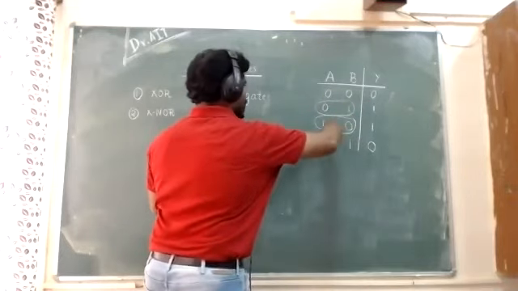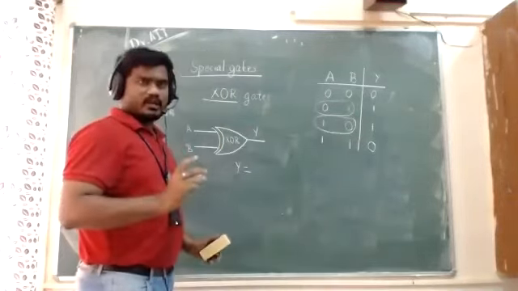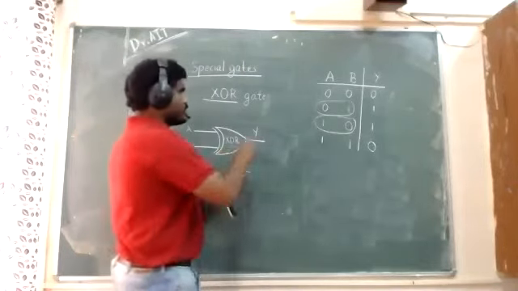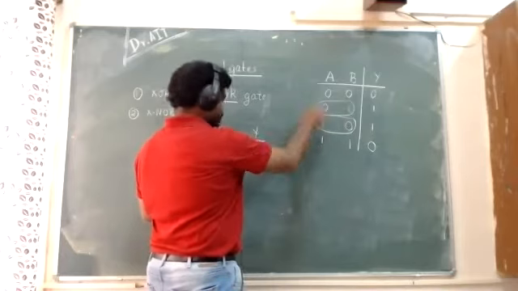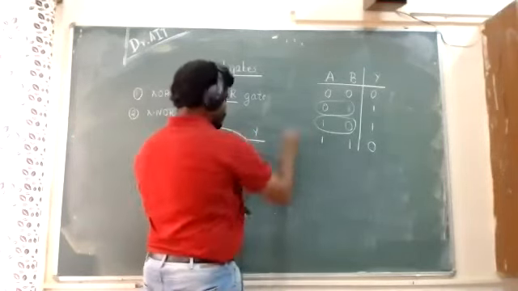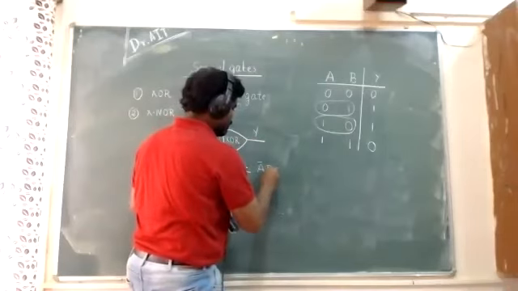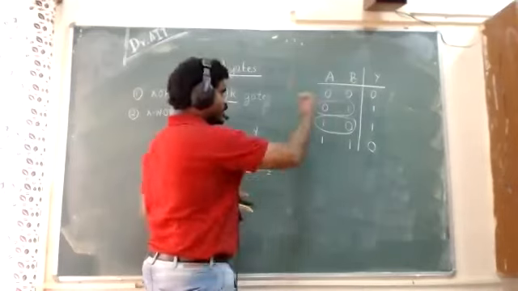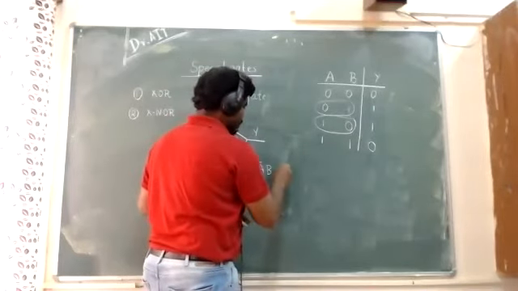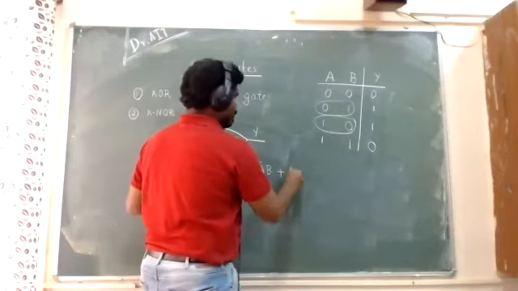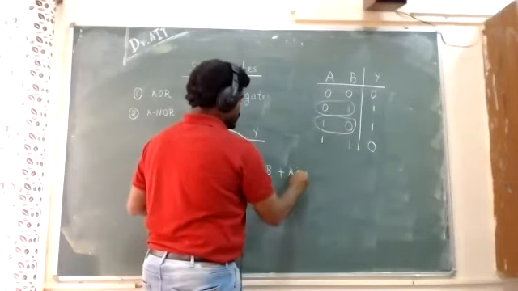You will understand these things in higher semesters, but for the basic electronics classes, this is enough. So Y is equal to, since 0 is there, I have to represent A bar and B. So I need to represent the product for this combination, A bar B. Then for the next combination, I have to consider plus. Then this is A, and B is equal to 0, and this is B bar.